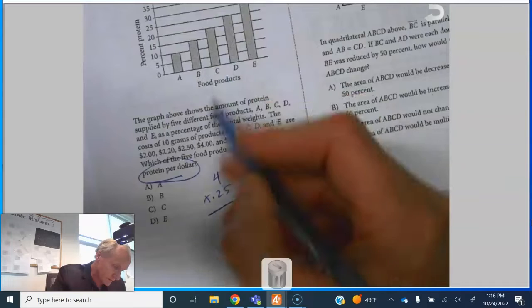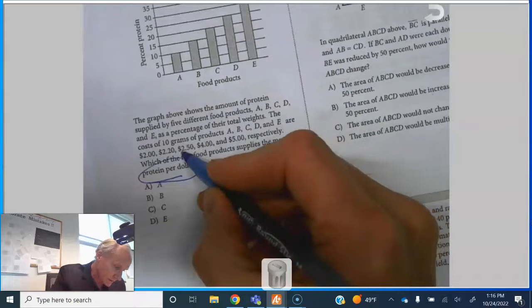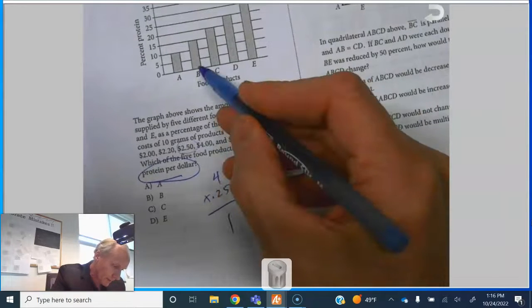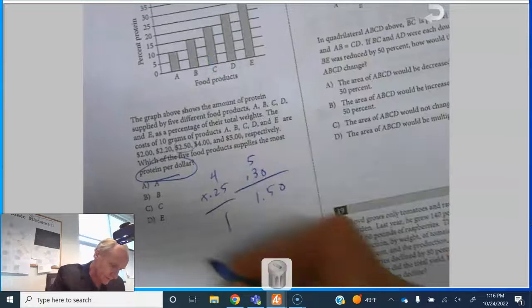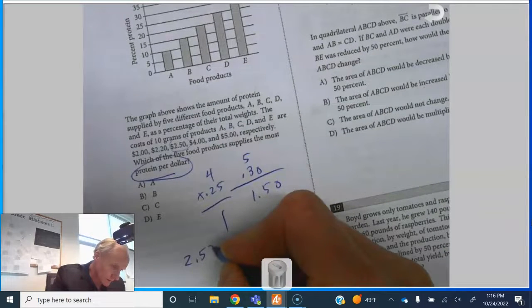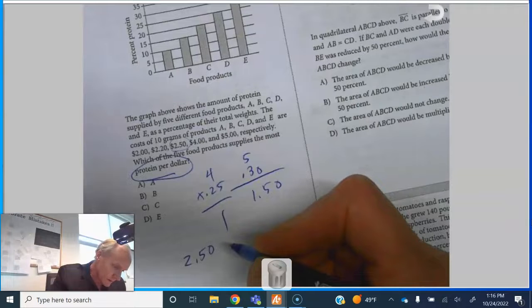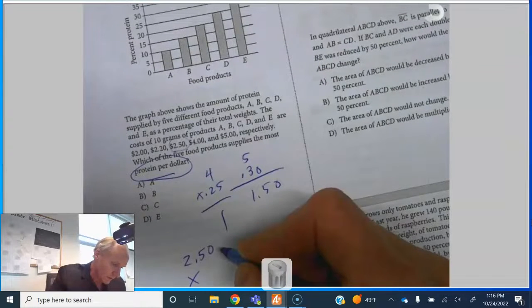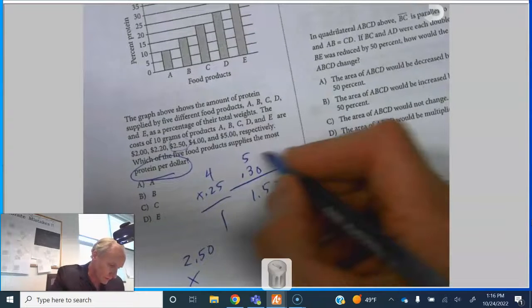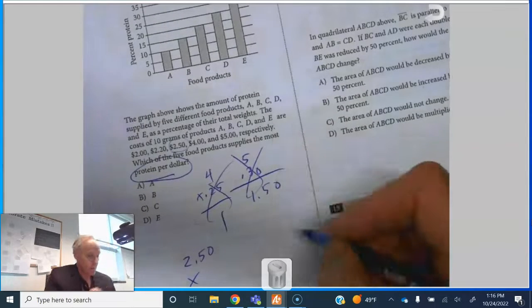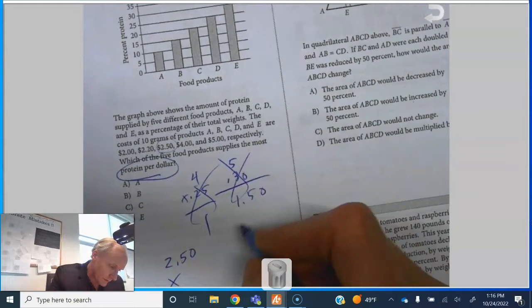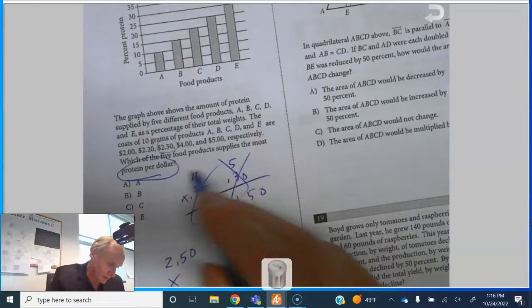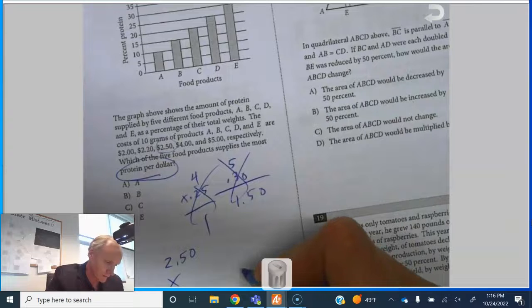250 percentage. B is 15% of 250. Oh, no, that is not what we want to do. Times 0.15. Nope. We want to divide. We don't want to multiply. We want to divide because we want the most protein per dollar. So the protein is going to be,